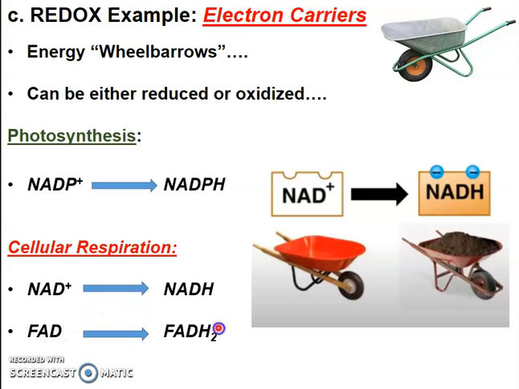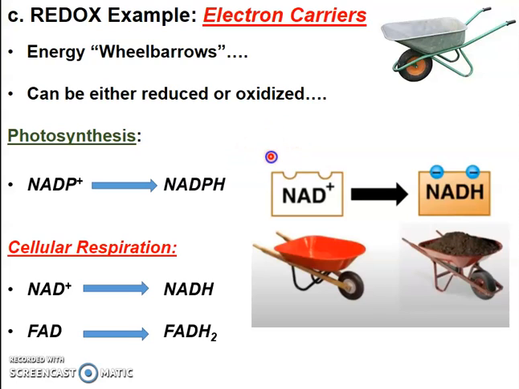It'll bind to 2 hydrogens to become the fully reduced form of what we call FADH2. These 2 molecules here, NADH and FADH2, which are reduced, will be used to create a hydrogen ion gradient to make ATP. While in photosynthesis, NADPH, the reduced form, will be used to make glucose, which is a higher potential